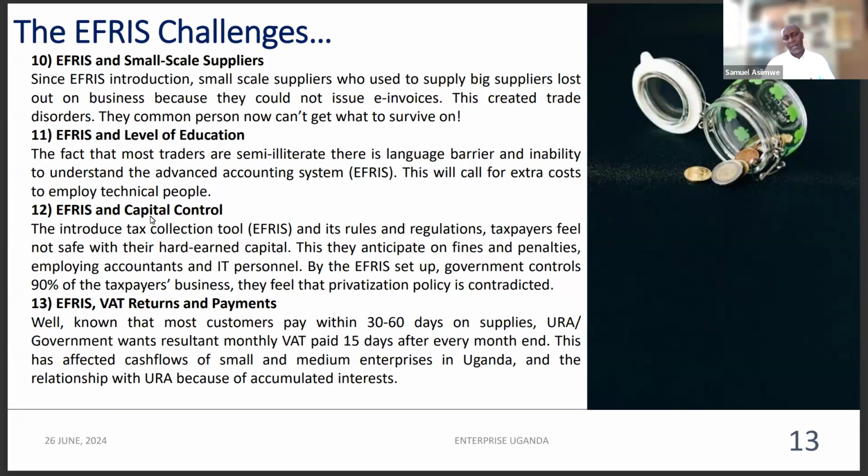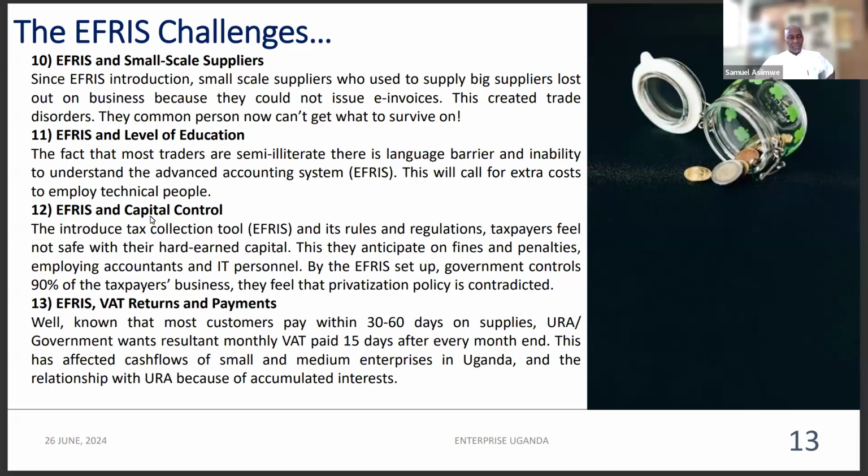But remember, also related to this, that in the informal sector, space is also an issue. The shops, the way they are designed, the way we sit, there's no space for that person you're talking about, the accountant. Where will the accountant sit? Where do I even put my computer? It's also a challenge downtown, and it's challenging the EFRIS system. Something will have to be done on that. Then